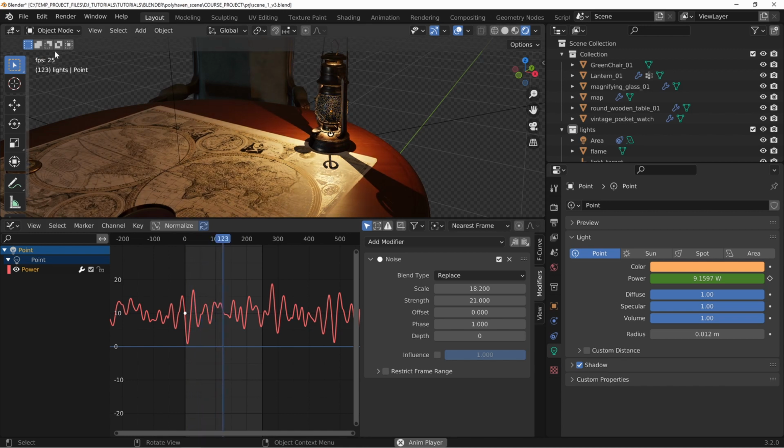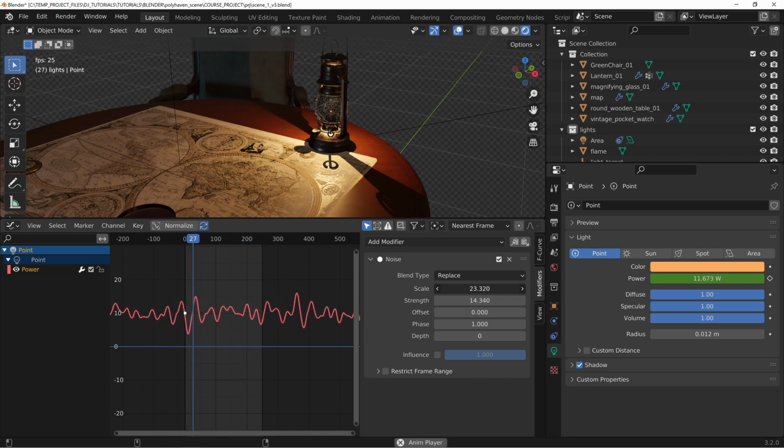If you have a faster computer, this should be running at around 24 frames per second, which is what our render is going to be. You can see how that flickering works. And whether or not it's too much or too little, you can take the strength and we can reduce the strength, and the scaling we can expand it out a little bit more like that if we want it to be a little bit slower in the way that the flickering of that